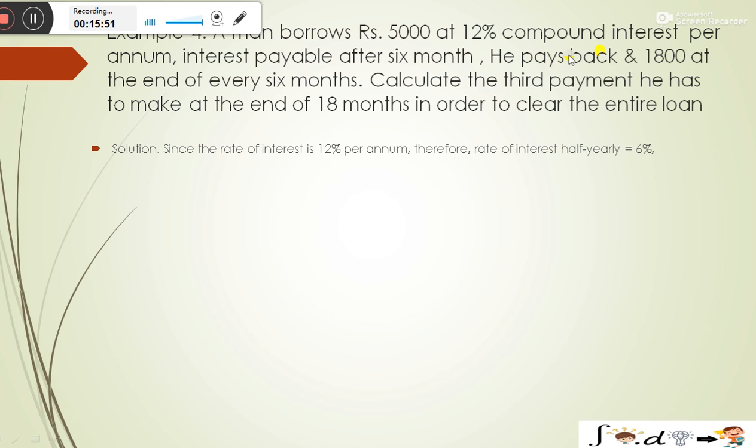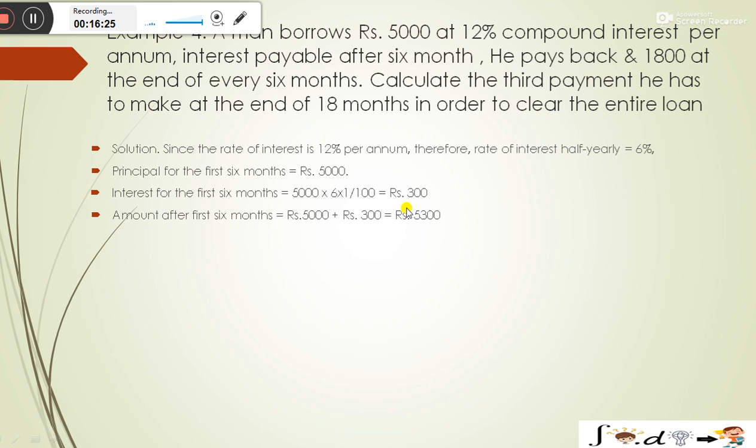उसने जो पे किया और 1,800 जो उसने वापस पे कर दिया, यानी कि जो उसका प्रिंसिपल है उसमें से 1,800 वो माइनस करेगा। और कैलकुलेट द थर्ड पेमेंट, हमने थर्ड पेमेंट बतानी है एट द एंड ऑफ 18 मंथ्स, वो पूरे लोन को क्लियर करने के लिए कितना करेगा। रेट ऑफ इंटरेस्ट 12% पर एनम है, तो रेट ऑफ इंटरेस्ट हाफ ईयरली की 6% हो जाएगी। प्रिंसिपल कितना है 5,000 और इंटरेस्ट फॉर द फर्स्ट ईयर दैट इज ₹300 और अमाउंट आफ्टर फर्स्ट 6 मंथ यानी कि 5,000 प्लस 300 दैट इज इक्वल टू 5,300।